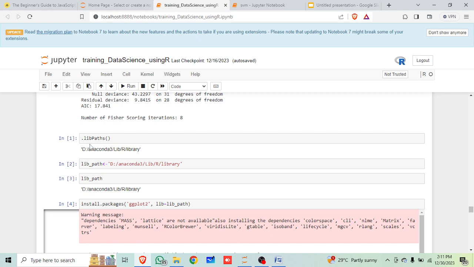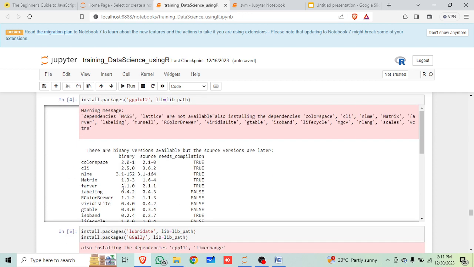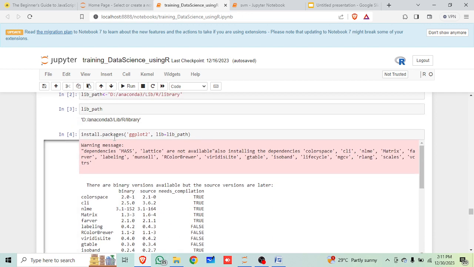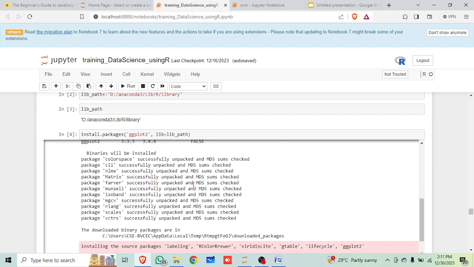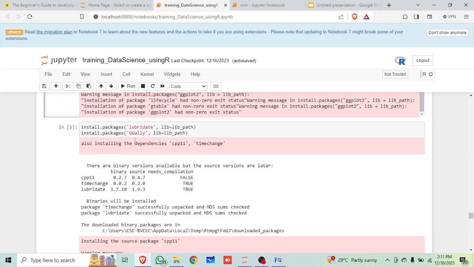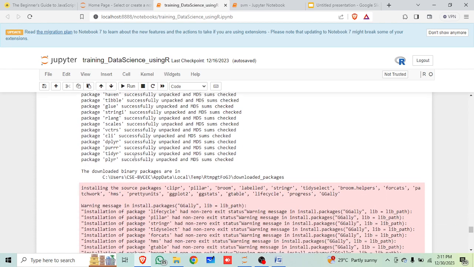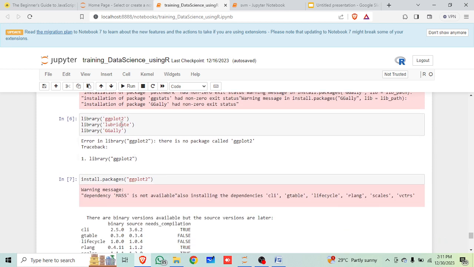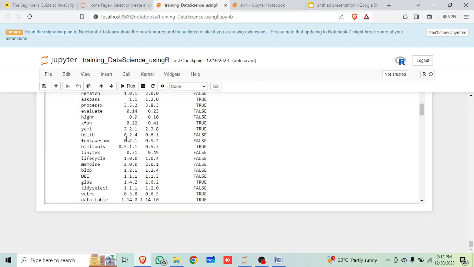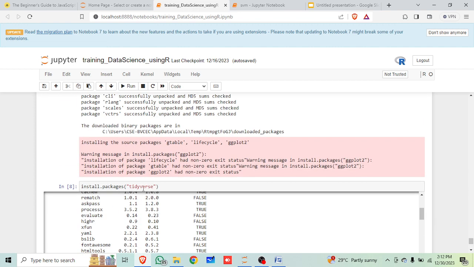Now another thing is that you put the dot path and the anaconda library, I put the path there. Then if I want to run this one, install.packages ggplot2, because I want to use this ggplot2. So then I run this one, ggplot2 has run successfully here. Then install package lubridate, install this thing. It is successfully installed. You can see it here, and using all the things you can do library ggplot2, library lubridate, and you can run this program, and you can see install the package